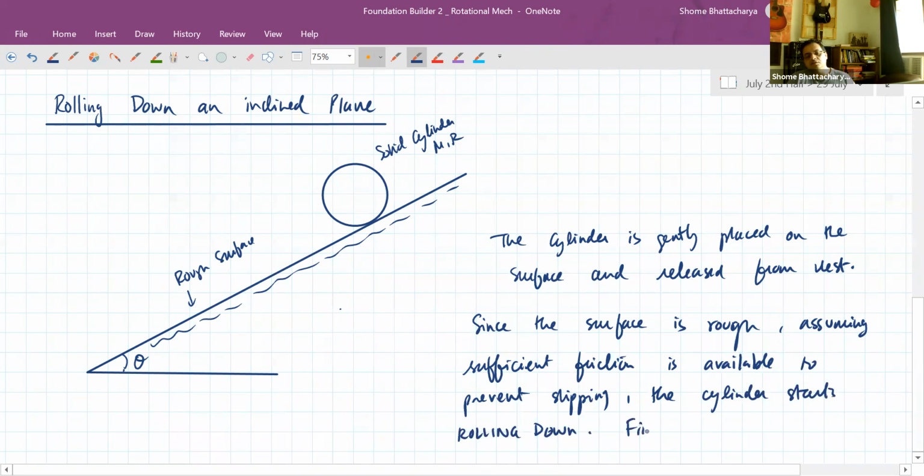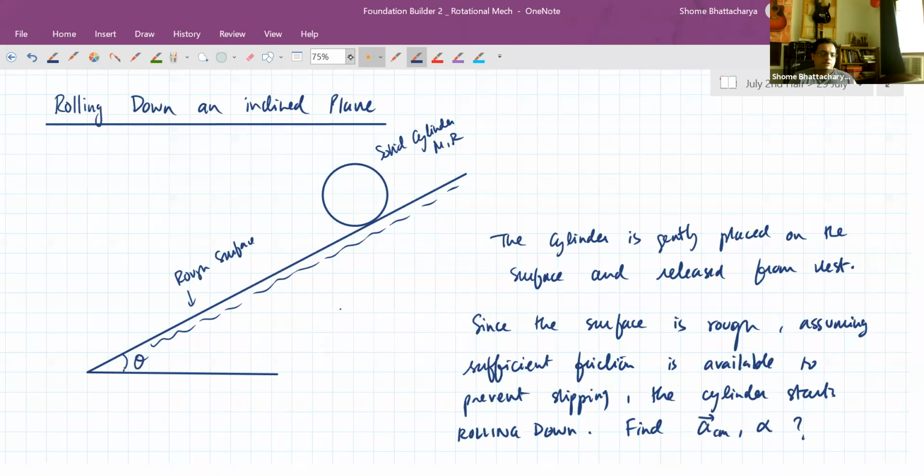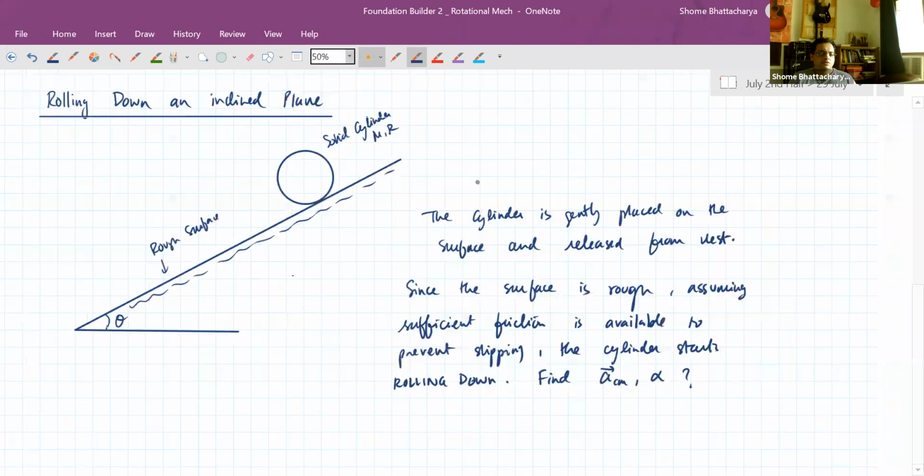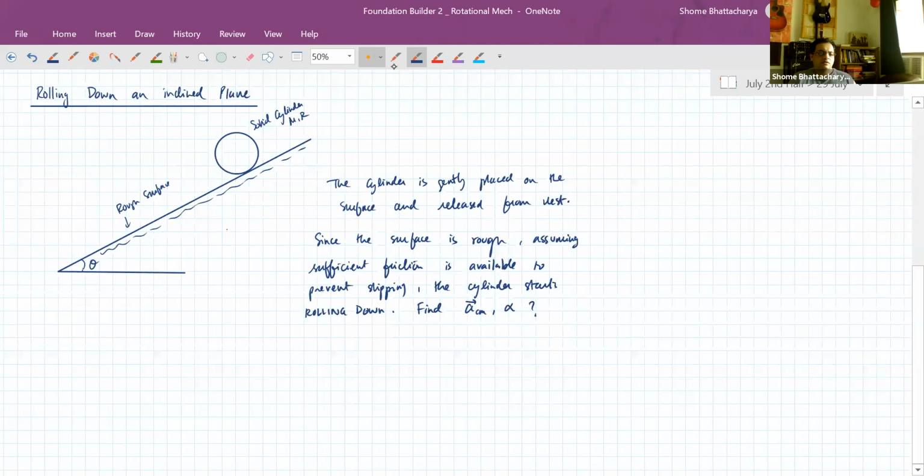So we want to find the acceleration of the center of mass and the angular acceleration about the center of mass in this situation. Okay, so once again, what we will do is we'll start by understanding the free body